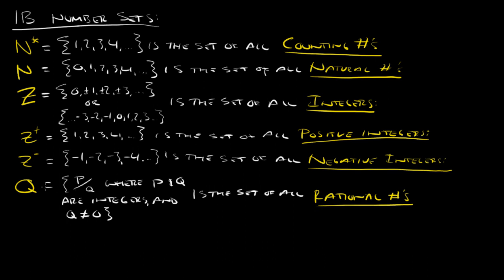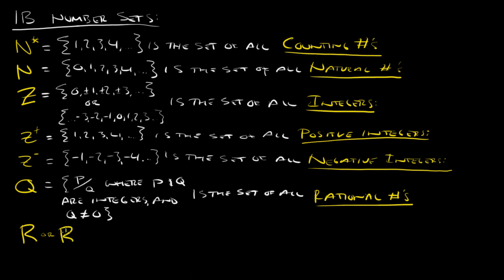So again, basically the rational numbers are any number that can be represented as a fraction. Okay, and then the last one is the big R,